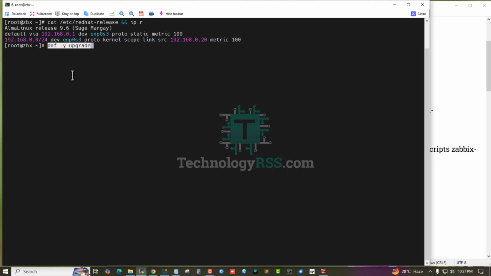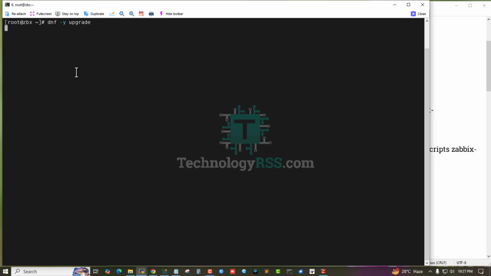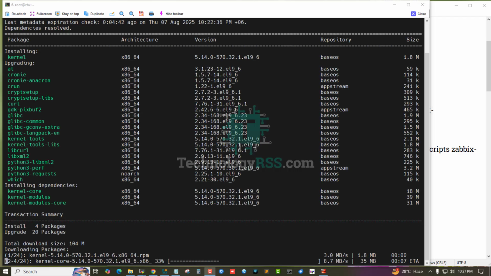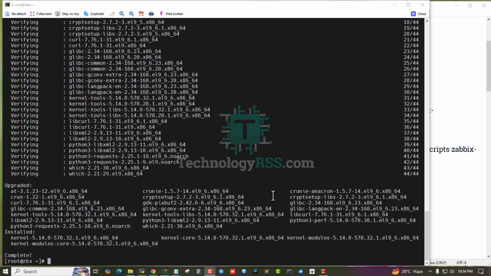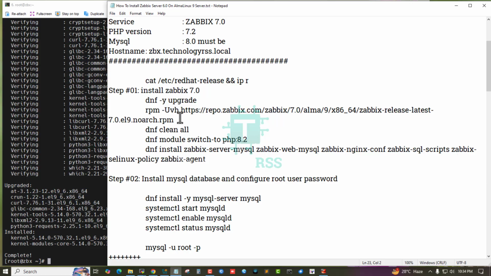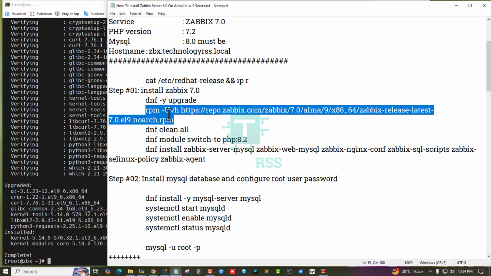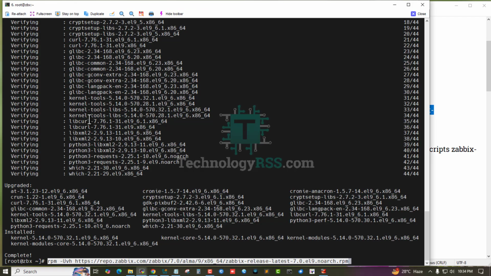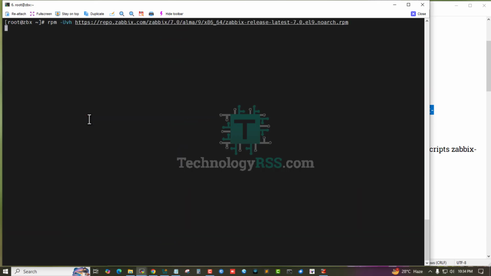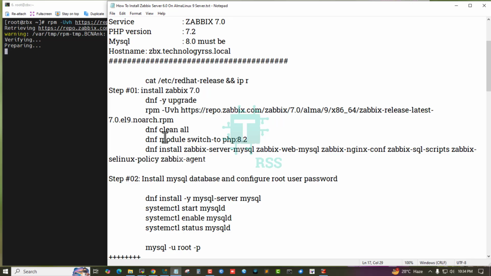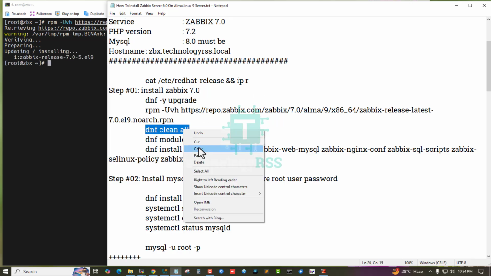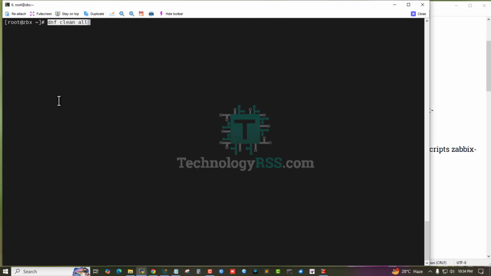Step 1 should be server update and upgrade using this command. Server update done. Now install the Zabbix RPM package. Download Zabbix 7.0 RPM. Download done. Now clean, DNF clean all,